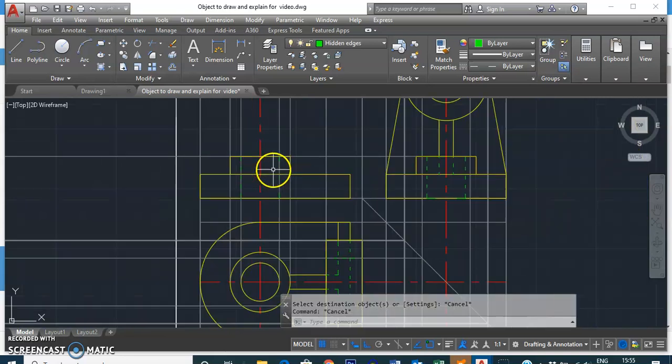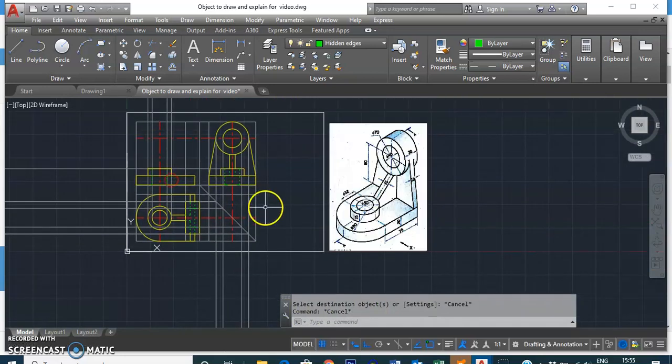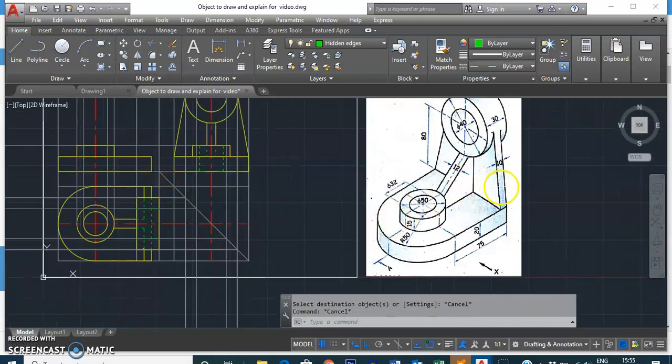Okay, next we can draw this rib section in the front view. Now this is a 10 mm rib section, visible as inclined from the side view, so obviously it will be visible as a rectangle from the front view. Now we can project the height of this rib section.